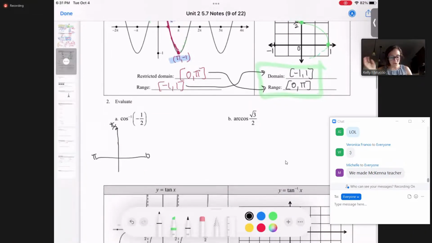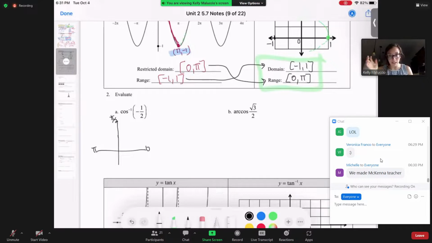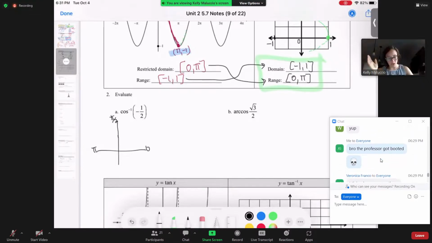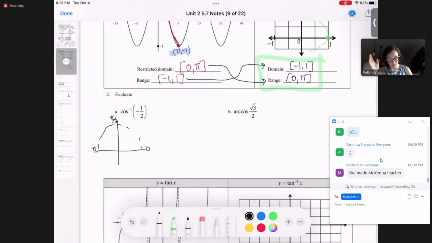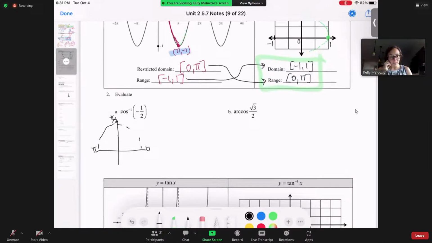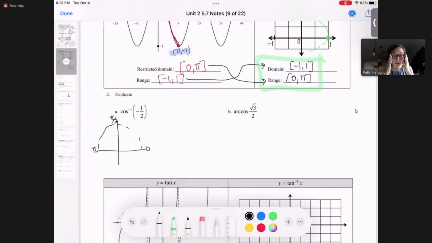Okay, so when we're finding inverse cosine of anything, we're only looking at 0 to pi now. So we're only concerned about this upper half, right? And in this case, I want to know when the cosine of an angle is -1/2. So I know that x is negative over here, and so I have to think it's either going to be 2 pi over 3 or 5 pi over 6. It's going to be one of the pi over 3, pi over 6 type of deal,